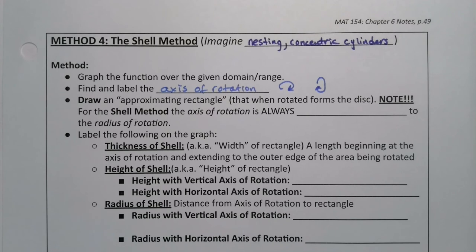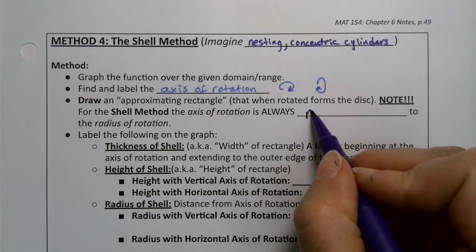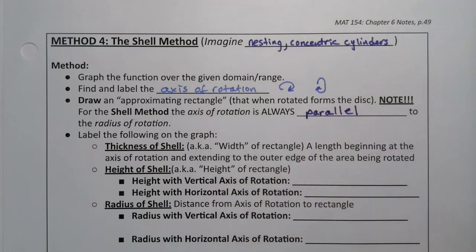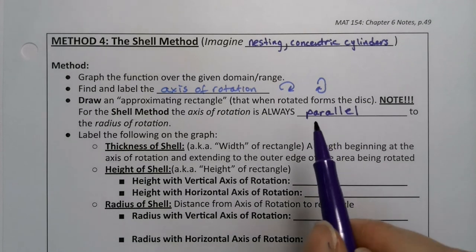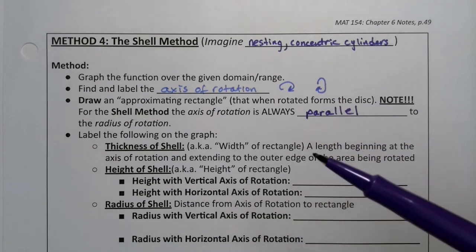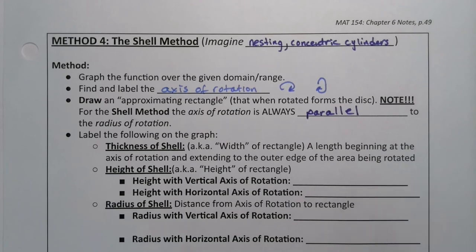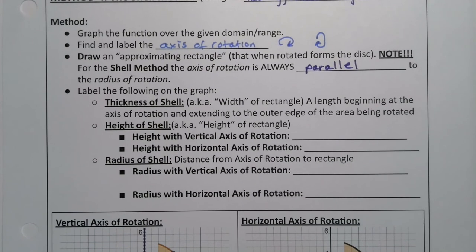And for the shell method, the axis of rotation is always parallel to the radius of rotation. So keep that in mind. For the washer and disc method, it's perpendicular, but for the shell method, it's parallel. So if you know which method you're using and which axis of rotation you have, you actually know which way